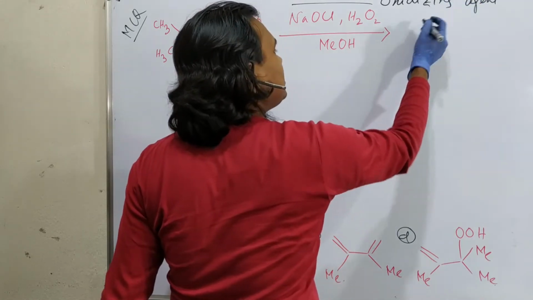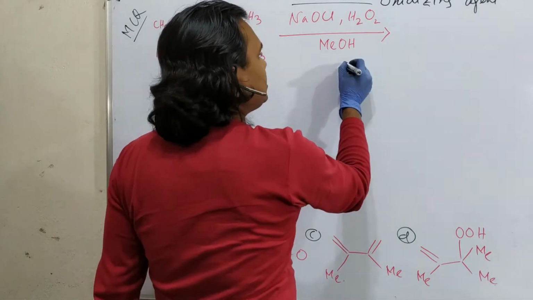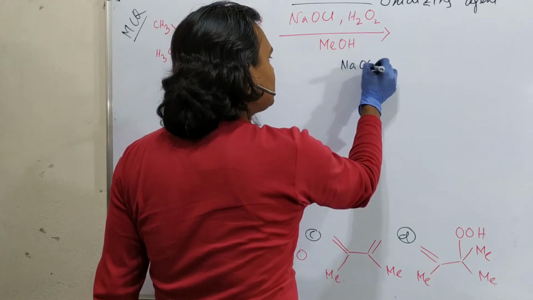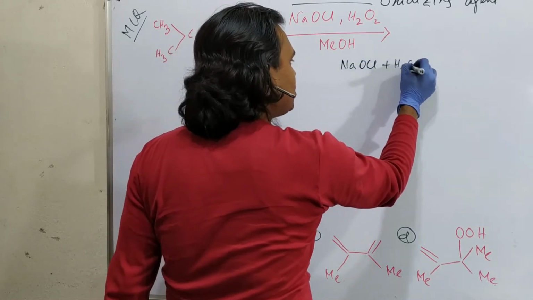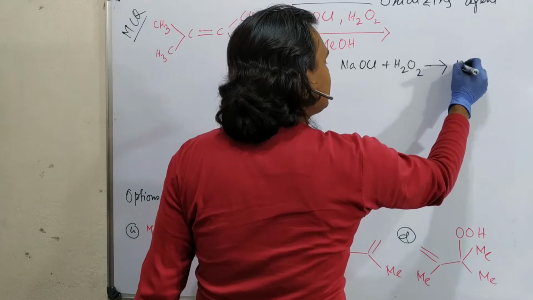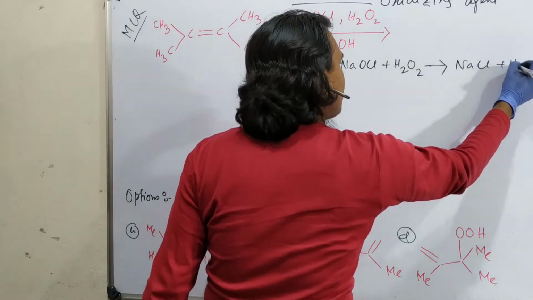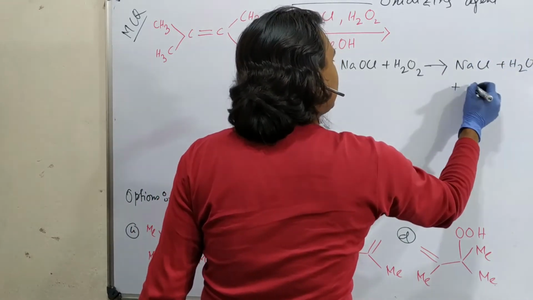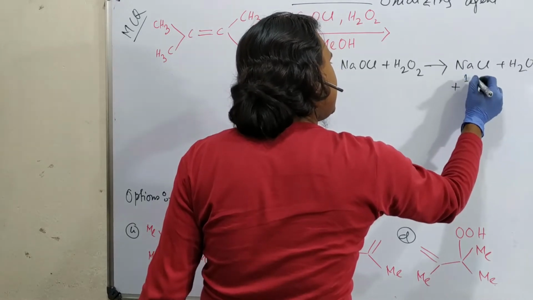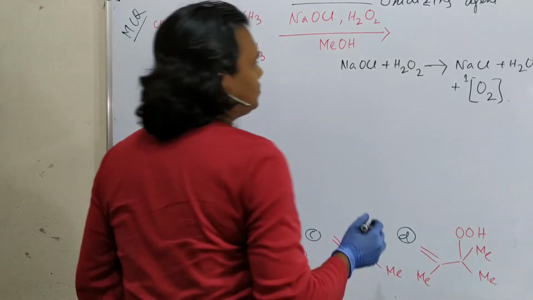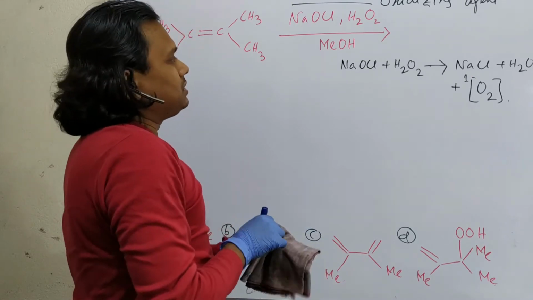So this is actually an oxidation reaction happening. In presence of this sodium oxychloride plus hydrogen peroxide, what it results in is the production of sodium chloride plus water plus an additional thing, oxygen, better to say singlet oxygen. This is pretty interesting, I need to say. This is the unique thing.